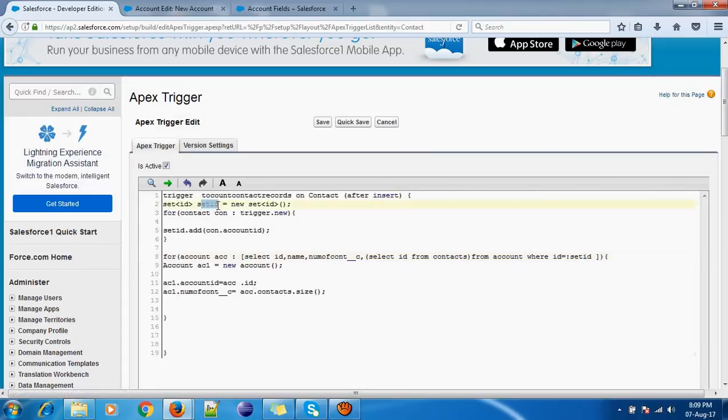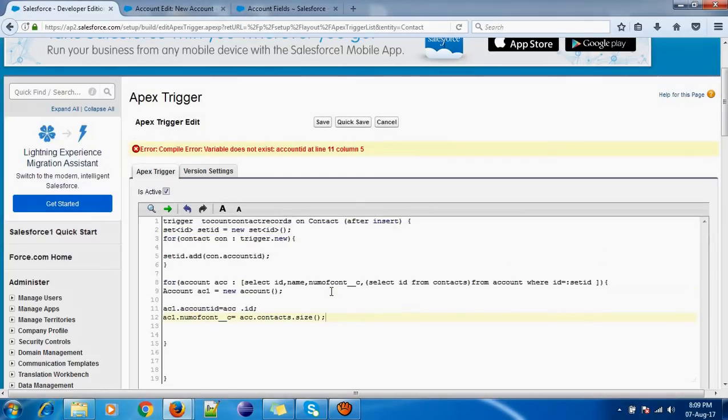So in set ID what is present? Account ID. So if this condition is equal to this, and AC1 dot number of cont underscore C is equal to this size, then let me save and see if there is any error. Count ID variable does not exist. Account ID.